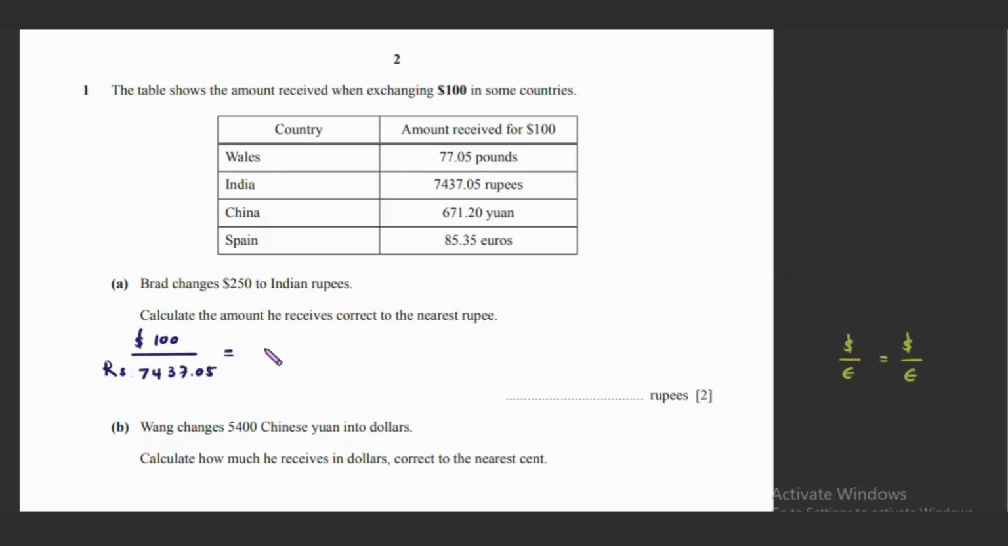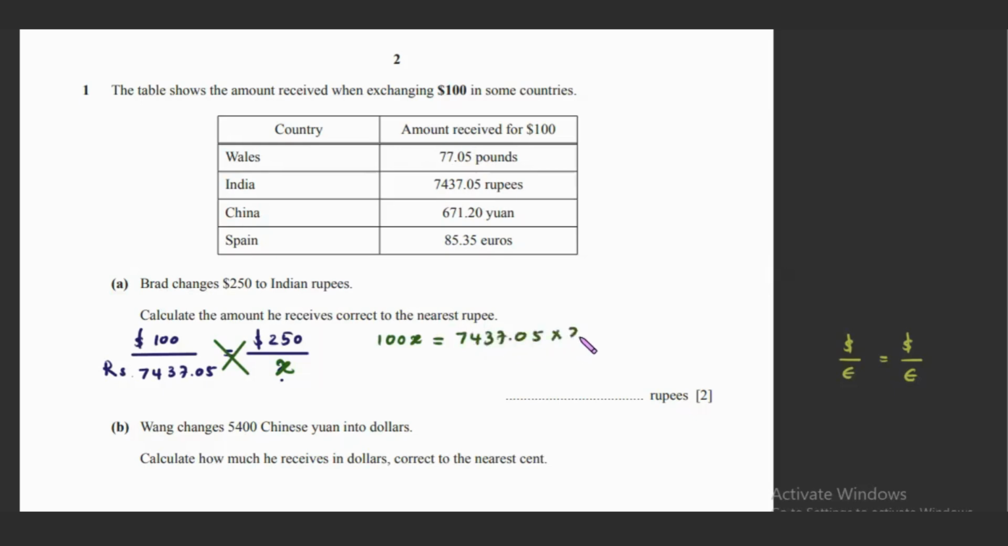Then this is equal to, we need to see how much $250 will be in Indian rupees. So I'm going to put $250 here, and we need to find the amount in Indian rupees. To find this amount, we need to cross multiply. I will label this as X. So when I cross multiply, the 100 gets multiplied with X, and 250 gets multiplied with 7,437.05. So 100 times X is 100X, which is equal to